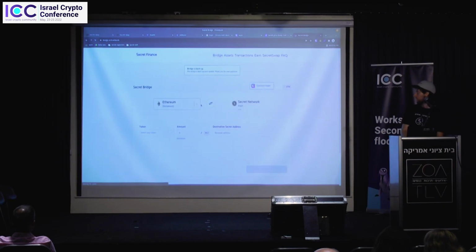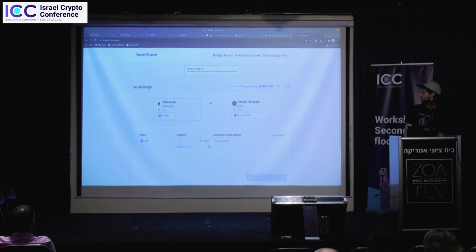You have a bridge here. You can send, say, your Ethereum to Secret Network to get secret ETH. It's like a wrapped version of ETH. And then transactions you do with the secret Ethereum, those are protected. For example, I open my Keplr wallet here,